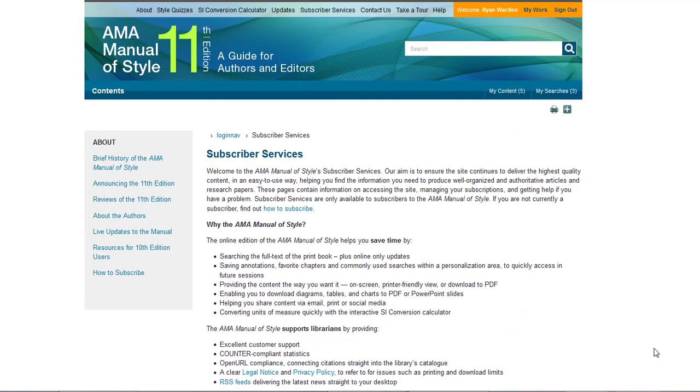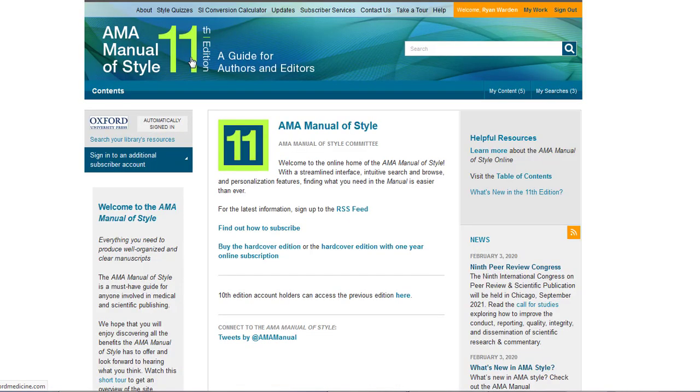Let's now return to the home page to begin accessing some content. To access the content of the AMA Manual of Style, you can either run a search here in the search box in the upper right corner, or you can browse directly into the full table of contents, either by selecting the Contents link here at the top, or on the right-hand side under Helpful Resources, you can select Visit the Table of Contents. I'm going to start with a browsing example, so I'm going to select Visit the Table of Contents,